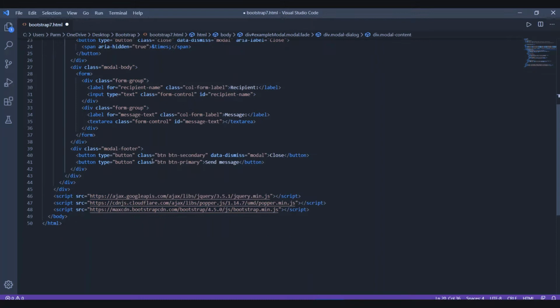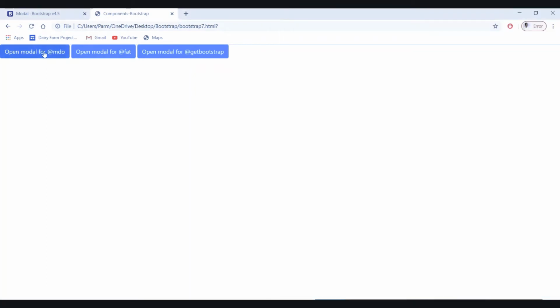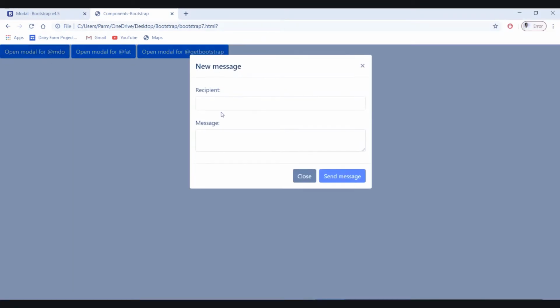Then for the dialog box footer, we have created two buttons, one to close and one to send the message. Now if we refresh and click on this, a dialog box appears with this title, this body, and the footer having the two buttons.